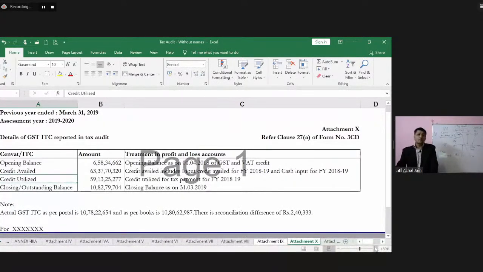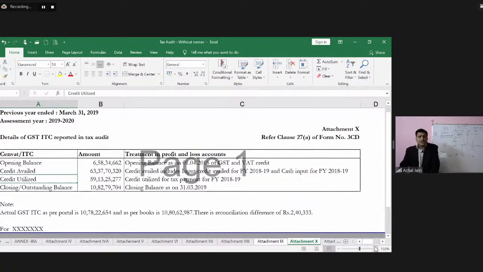So first is the books of accounts. Second, other than the books of accounts, auditor can capture this information from the GST portal